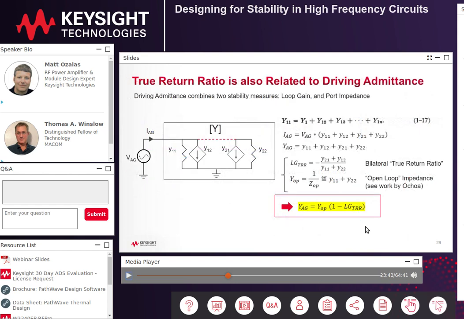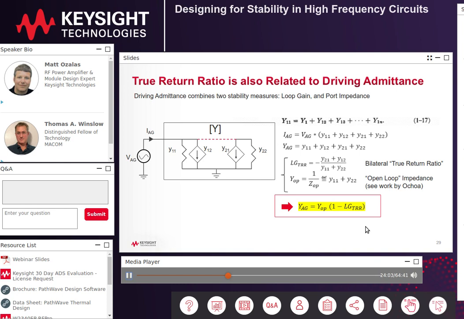In fact, let's dig a little bit deeper into the true return ratio. It turns out that you can also relate the true return ratio to the driving point admittance. Bode showed that the driving point admittance is just the sum of the Y parameters in a collapsed network around the node under analysis. Well, if you look at the true return ratio, it's also fundamentally derived from the admittance